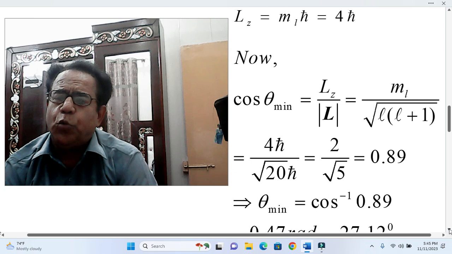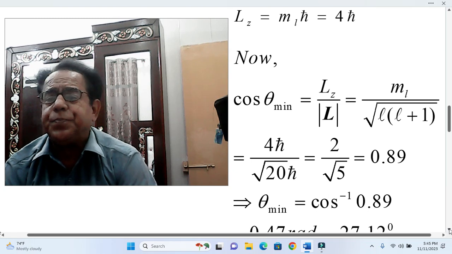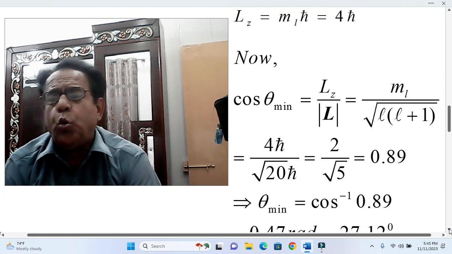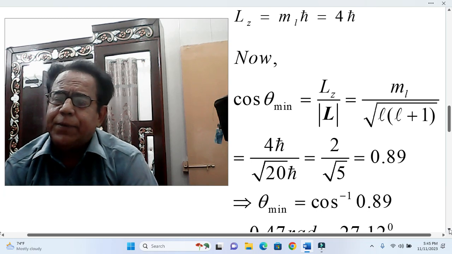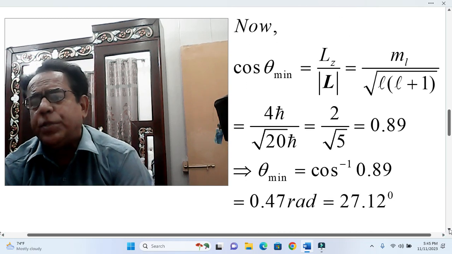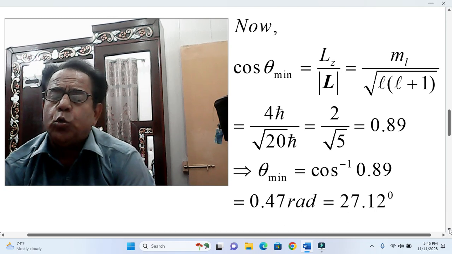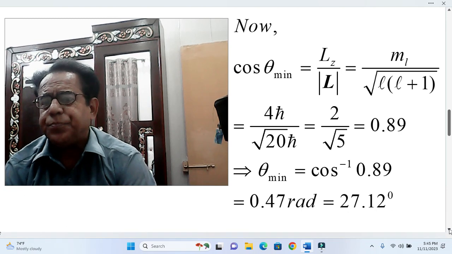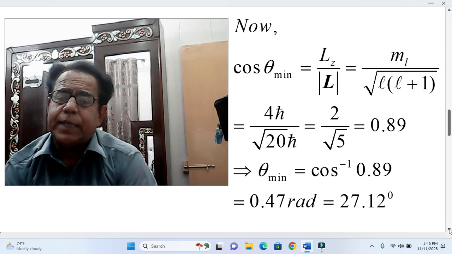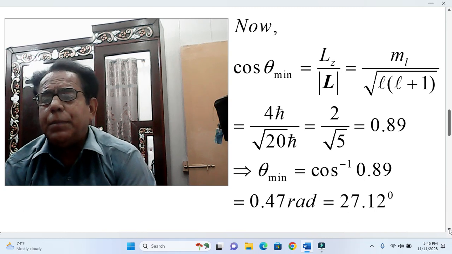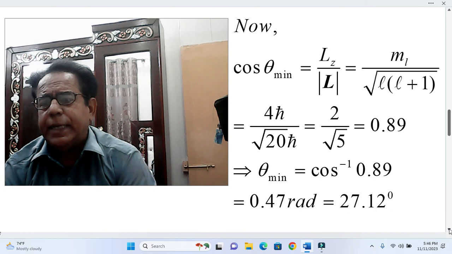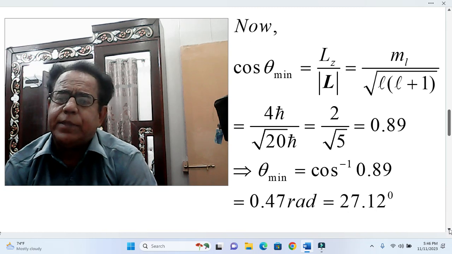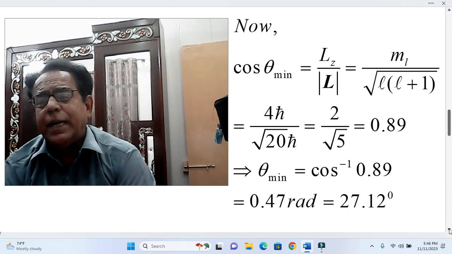This becomes equal to 4 h cut over under root 20 h cut. This alternatively becomes equal to 2 over under root 5. This alternatively becomes equal to 0.89. This implies that when cos theta is equal to this, then theta will be equal to cos inverse of that value. Here min is also written as a subscript of theta, that is minimum angle, theta min. Theta minimum becomes equal to cos inverse 0.89. When we take the value of cos inverse 0.89, it becomes either equal to 0.47 radian or alternatively equal to